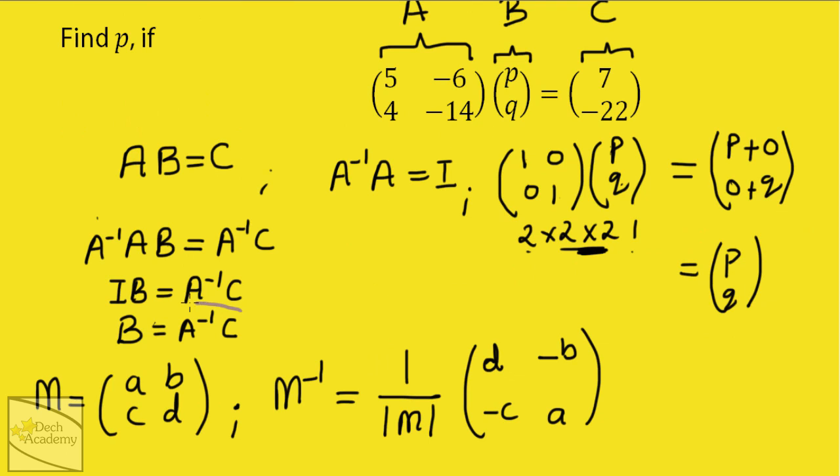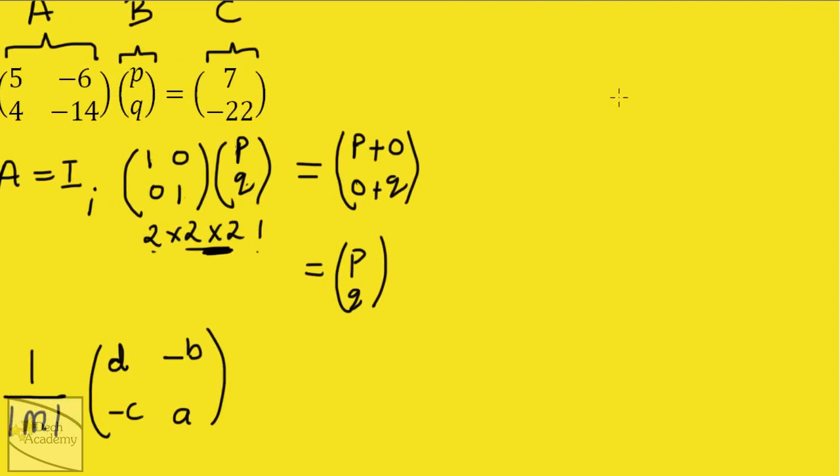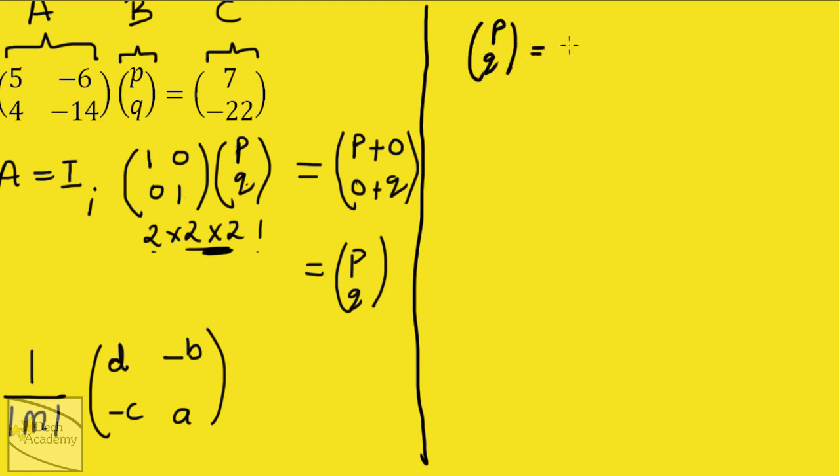So now back to the equation of interest. B is equal to the inverse of A times C, which I'm going to write here. So B, which is PQ, is equal to the inverse of A, which is now 1 over minus 46, and that's the same thing as minus 1 over 46, times what we had, which was minus 14, 6, minus 4, and 5. So this whole expression here is the inverse of A, which we determined earlier, times C, where C is this